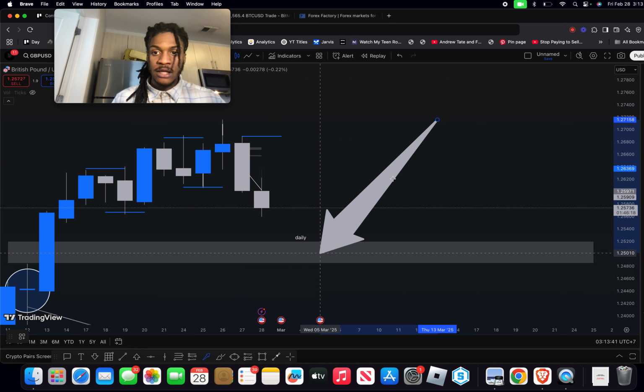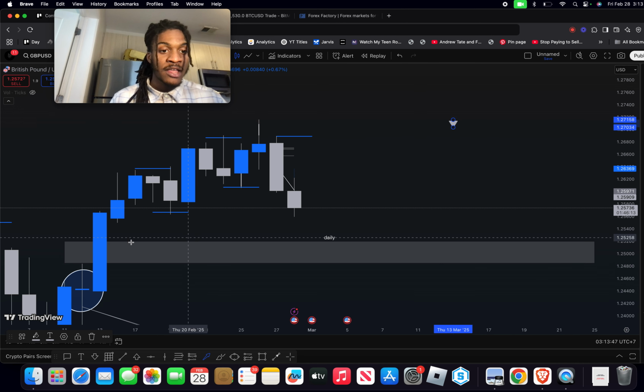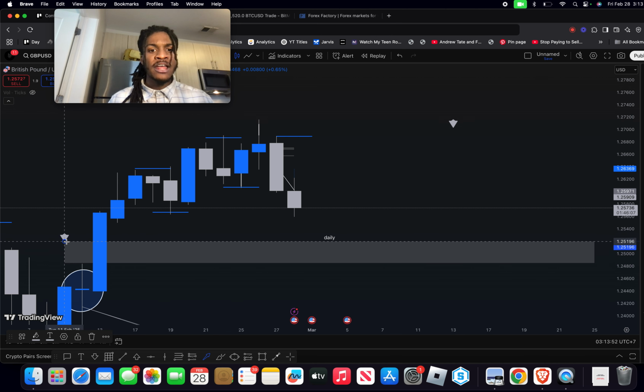the market's coming down right now, and it is headed towards this daily zone. At that daily zone, my trading bias is that it's going to react off of this demand zone, and I'm not going to enter directly off of it. This is why I like my strategy. I find higher time frame supply and demand, and I wait for a confirmation on the lower time frames to enter. If the trend is bullish on a higher time frame demand zone, I go to a small time frame like the 5 minute, and I wait for demand to break and disrupt a trend on the smaller time frame